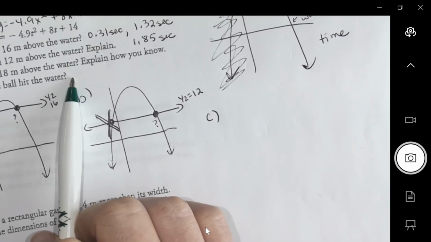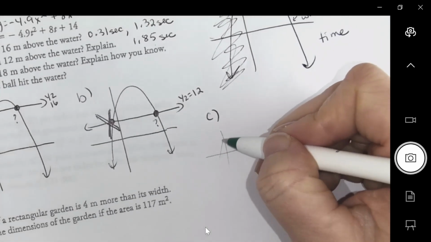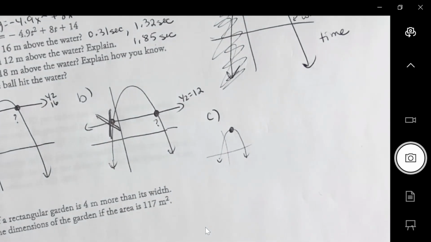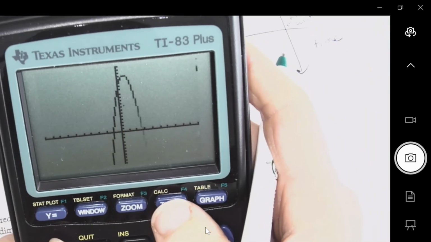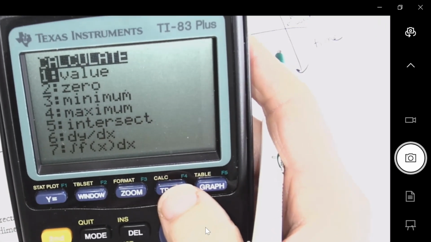Okay, I'm going to have two strategies for this. One thing we could do is find the max height. Can you find the max height? I'm also going to erase that 12 out of there, by the way. I got rid of the line because I don't need it anymore. So calculate the max